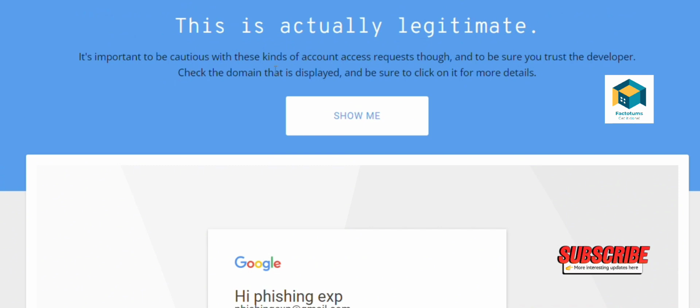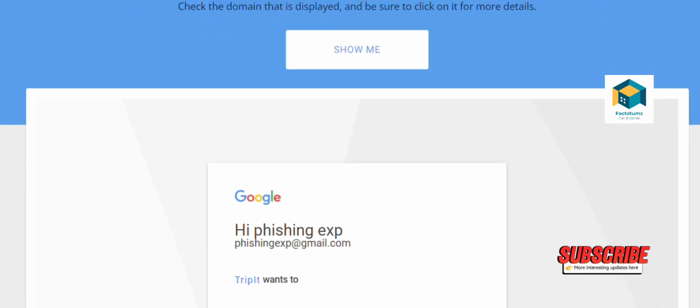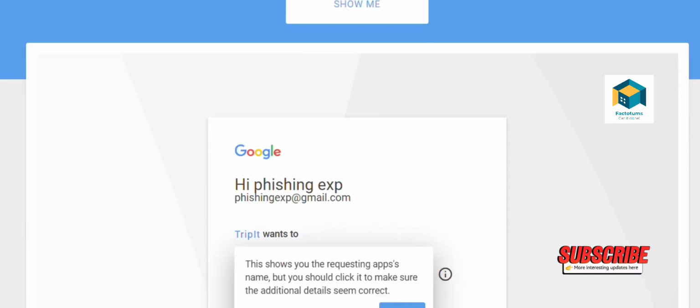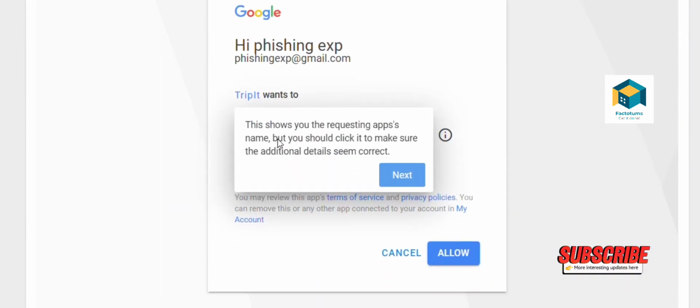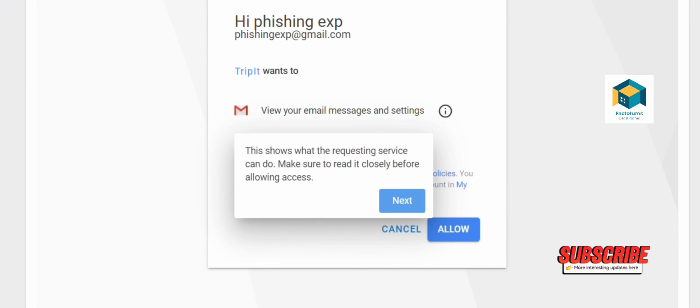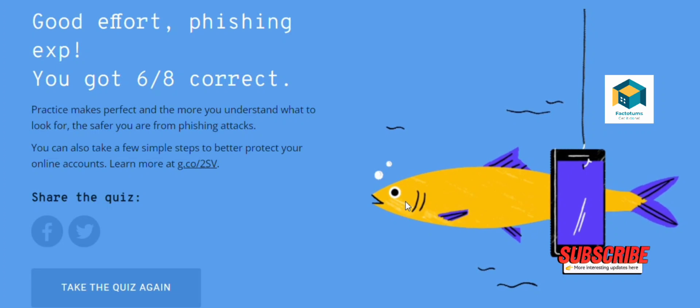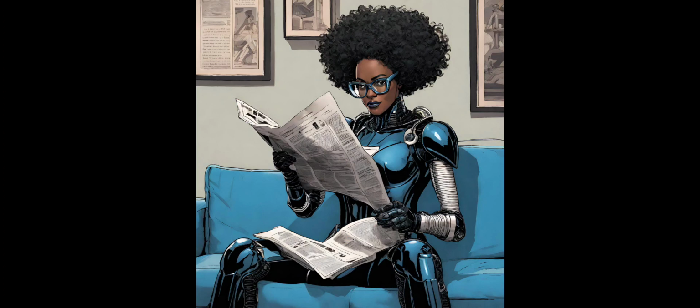So for me, to be honest, I checked everything and I decided it was phishing. But based on what they said here, it's legitimate because the domain actually sent me to the business domain, which is tripit.com or something like that. So this one was legitimate, but as I said before, I prefer to go with phishing. I'm always on guard, and then this will give me more time to analyze the email to see if it's actually worth it. So I got 6 out of 8. I hope you guys try out the quiz to see